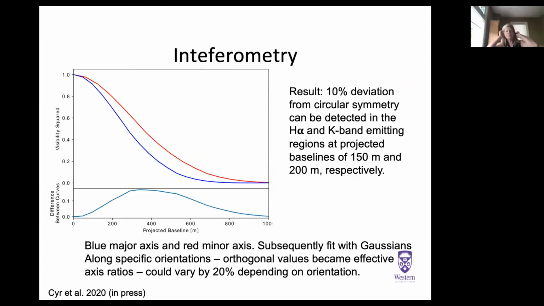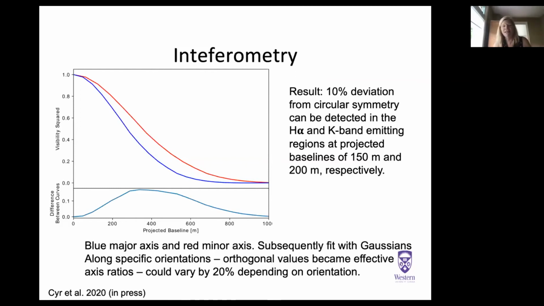And here is your visibility squared versus projected baseline. We were able to tease out what the major axis would be. The major axis is the blue. You can see the bigger axis is the one that's resolved a little bit more quickly, and the minor axis is in the red. We subsequently fit, and basically we wanted to figure out what we would need